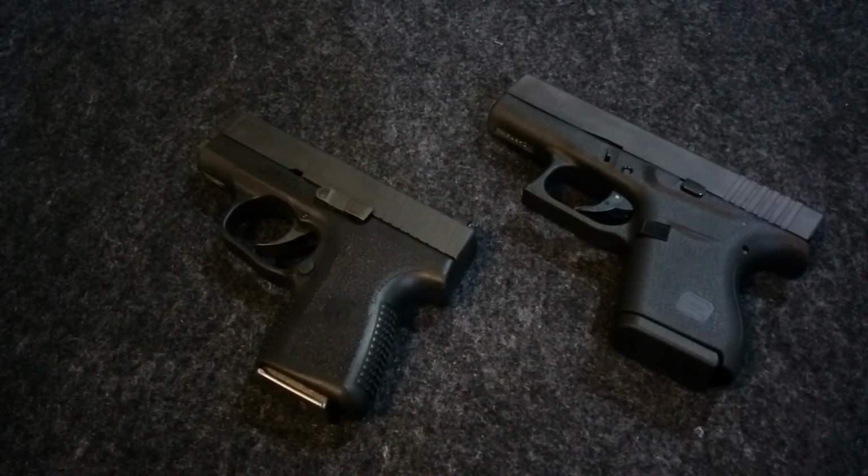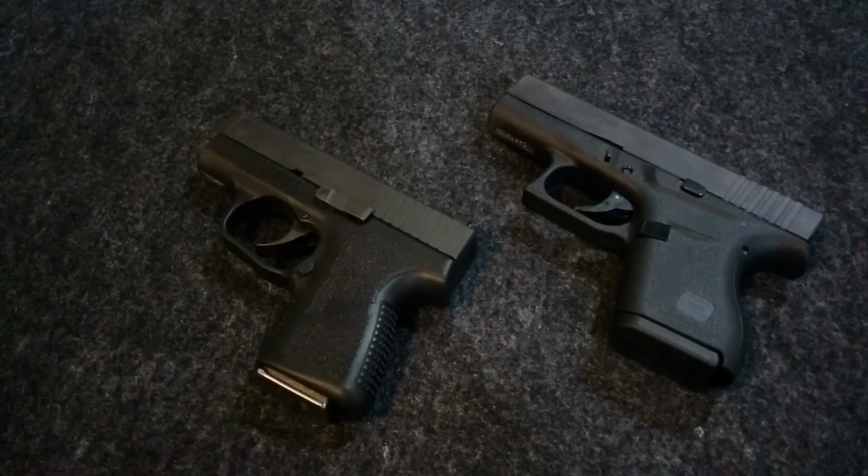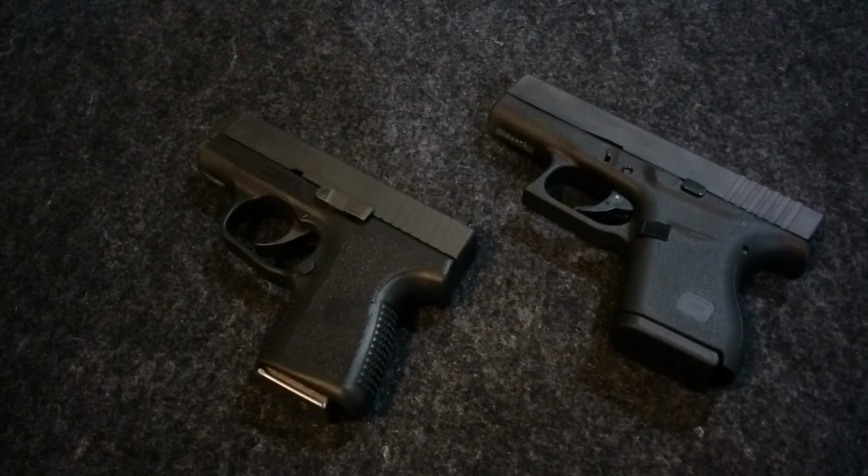trying to conceal something. With this one, it pretty much disappears in your waistband, but it's also small enough to be carried on the ankle. And I do that sometimes, just depending on where I'm at. But with the Shield, at least with my body type, the Shield and the XDS, those are just a little bit too long in the grip. If I bent over or something, they'd probably be poking out of my shirt. And I never tried carrying them on the ankle, but I imagine it'd be a little bit harder. But if you have a bigger body type or big calves, then you might be able to make do with